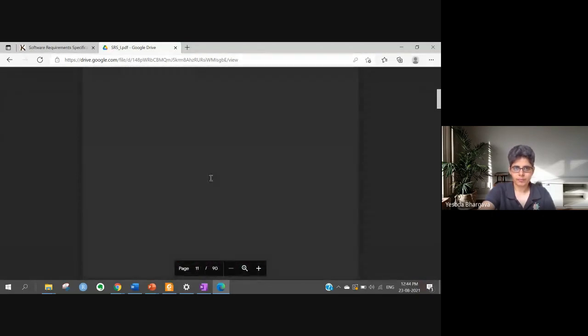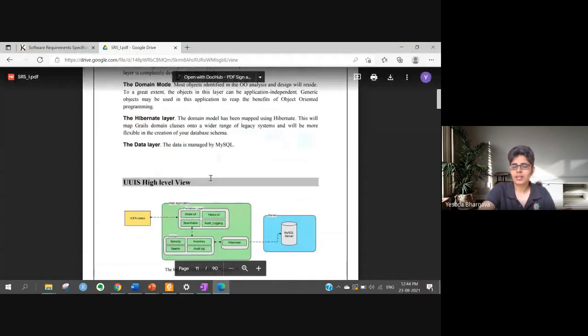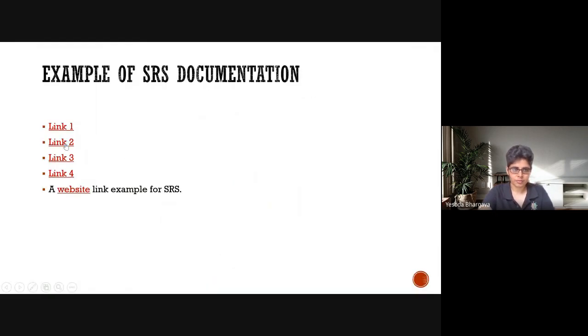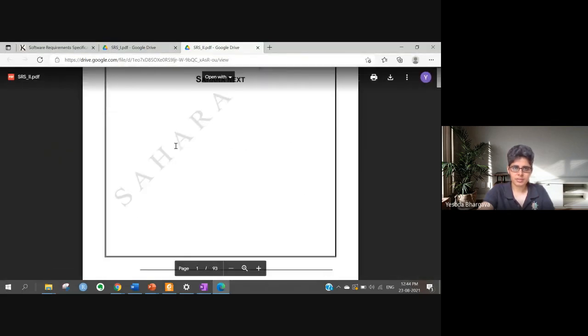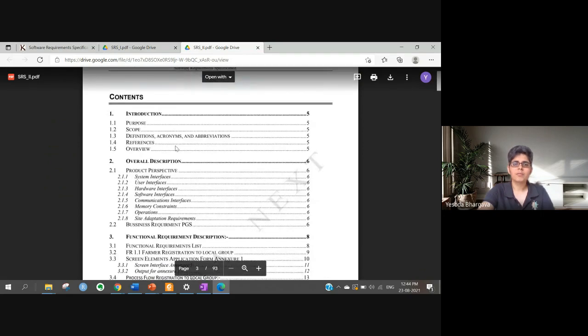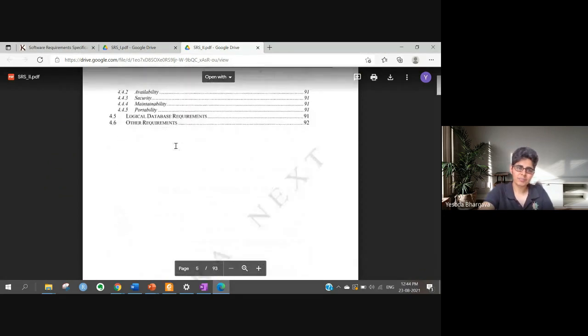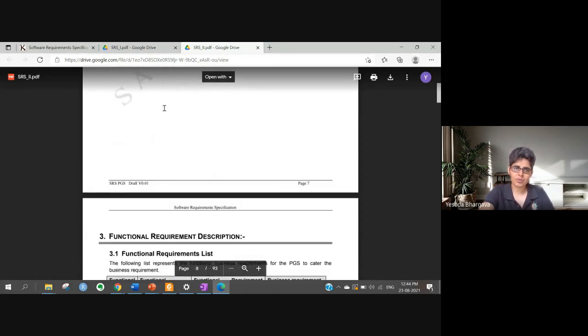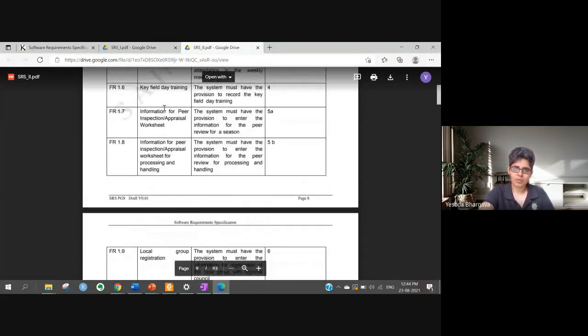So basically, there are different ways in which the designers or the developers are trying to show what exactly their product is able to do and how they are achieving that. So I request all of you to go through these SRS samples that I'm sharing, and definitely before writing your own, get a brief overview of how information is presented in the software requirement specification document, because that will really help you to obtain a greater level of understanding.